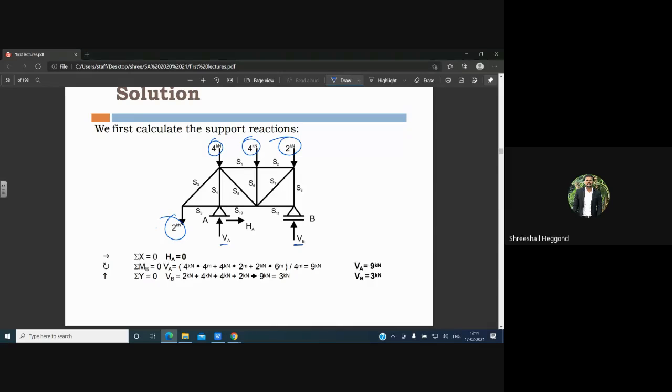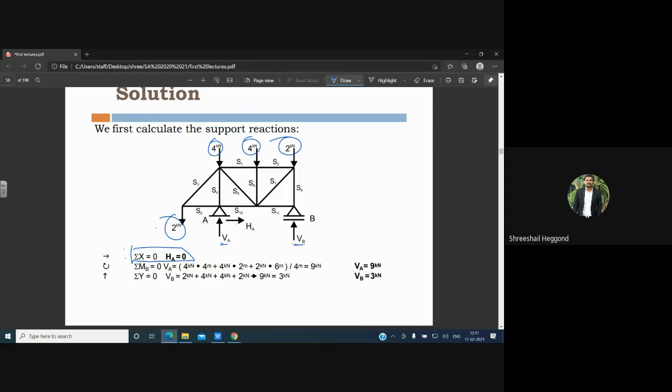First, to find out the horizontal values, we can write summation of Fx is equal to 0. There are no horizontal applied loads or reactions available. Therefore, summation of Fx is equal to 0. At support A there will be two reactions, vertical as well as horizontal. Horizontal becomes 0 because there are no inclined loads as well as horizontal loads. Okay. Only VA and VB remain, that can be calculated by summation of MB is equal to 0,